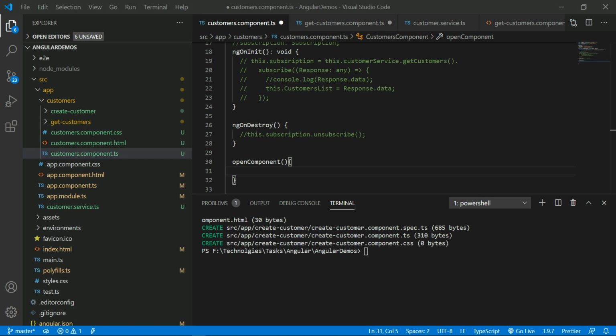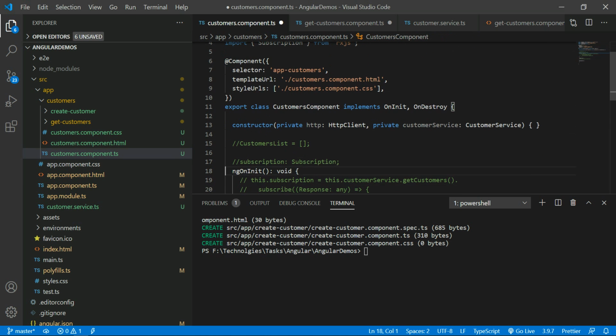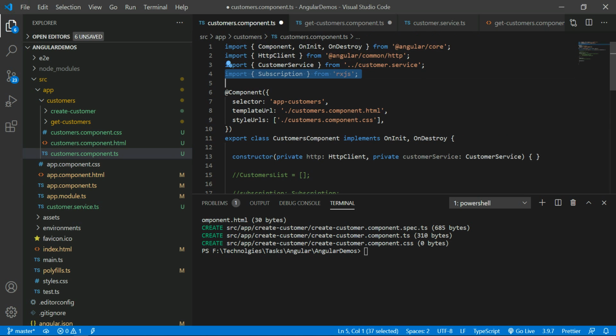Okay. So for that, what you have to do is import the modal for this one, because by using the modal only, I can open that customer component.